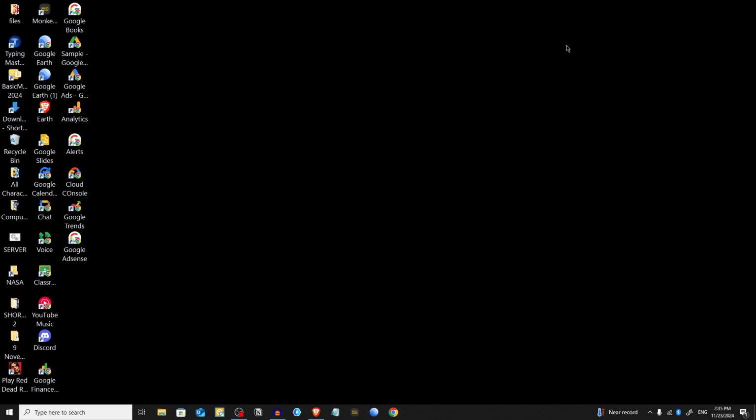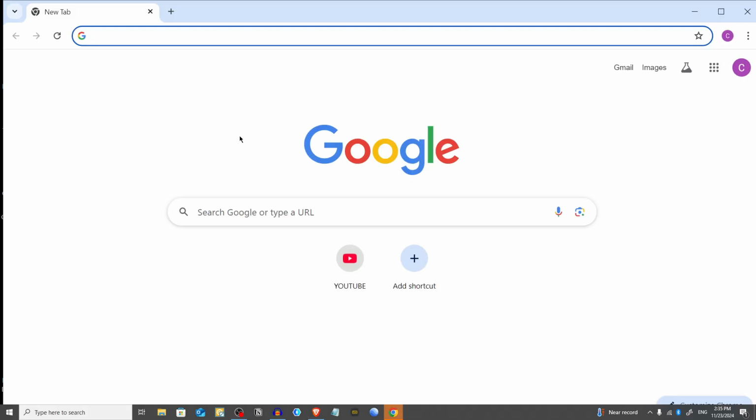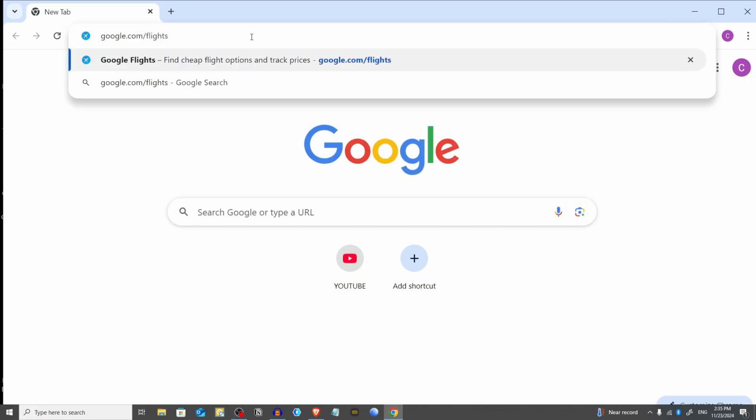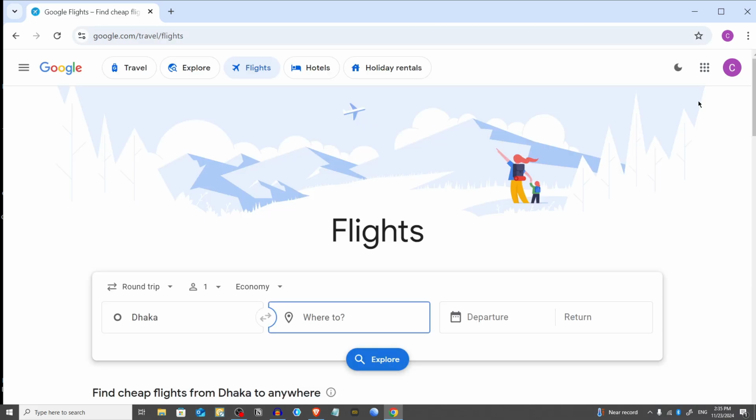Alright, first of all, launch your web browser. So I'm going to open the Google Chrome browser, and normally you have to type on the address bar google.com/flights. So I'm typing on the address bar google.com/flights. Press enter. And now if you want to create the shortcut of this website, you have to click on